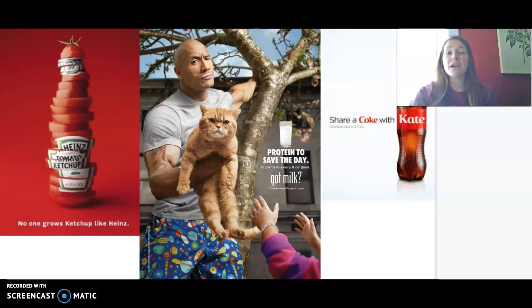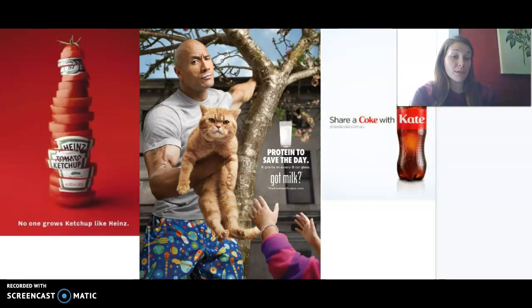Here are some examples of excellent advertising. So on the left, you see Heinz ketchup. It looks like a ketchup bottle, but it's a little different. It's actually diced up tomatoes. And at the bottom of the picture it says, "No one grows ketchup like Heinz." That's trying to advertise that Heinz ketchup uses organic or natural ingredients like fresh tomatoes,